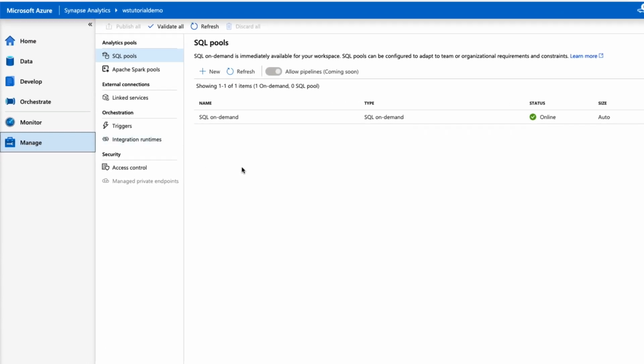So as you can see on the screen, there's a SQL On Demand pool which is already created. Now you can't delete this, and we have a demo on it a little later on. You'll find that every workspace comes with a pre-built SQL On Demand pool. The SQL On Demand pool allows you to work with SQL without having to create or think about managing a